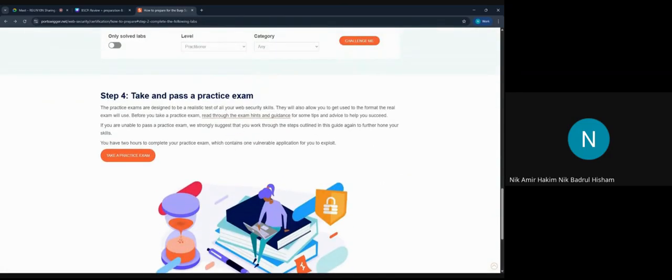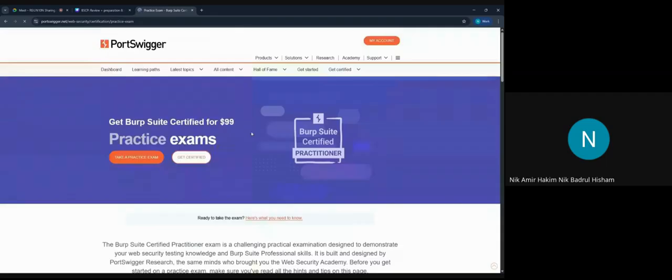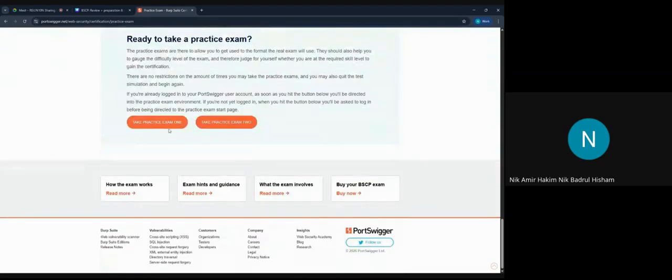And lastly, you need to take and pass the practice exam. So you can choose either to take practice exam 1 or practice exam 2, or just do both. And the best thing about this practice exam is that it is unlimited. Whenever you fail or don't manage to finish within their time frame, which is 2 hours for each exam, exam 1 and exam 2,